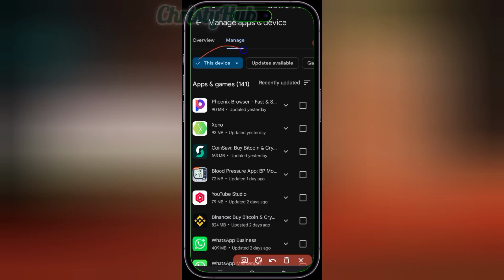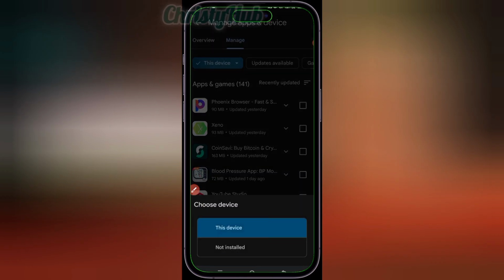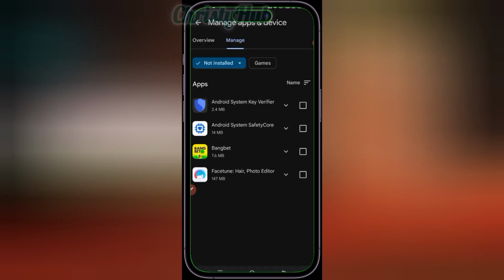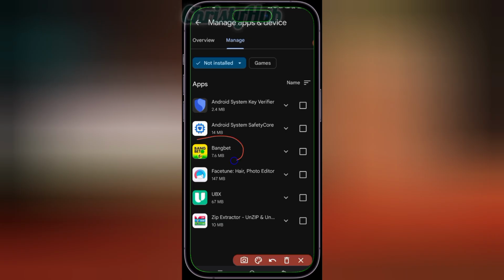Click on this device. Not installed. So this is the app I just deleted just now on my phone. You can see it's still on my phone. So to completely delete it from your phone, you simply click on